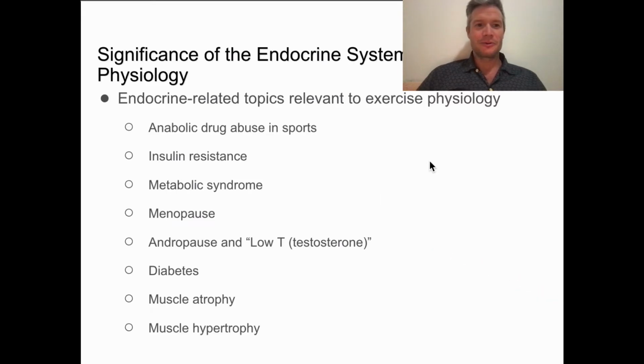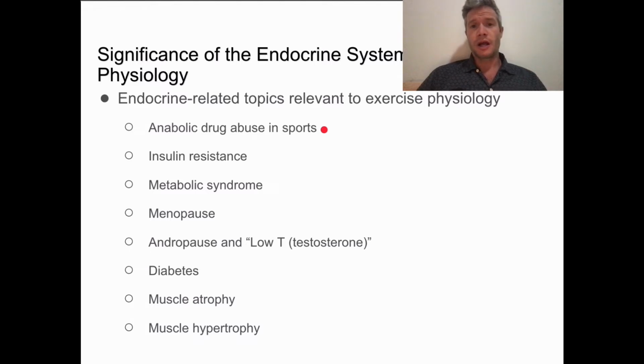video lecture. What we'll start with is just getting a sense of what the endocrine system is actually involved in, and how that might affect exercise and our exercise physiology. One of the main things that you've probably already come across is the use of anabolic drugs in sports, like testosterone, steroids, similar things. So that's probably where you've seen it or come across it already, and that has heavily in part to do